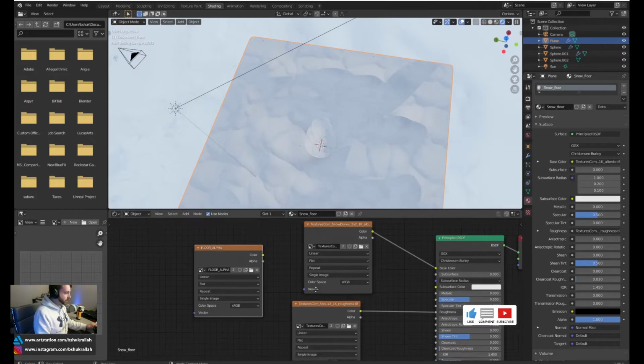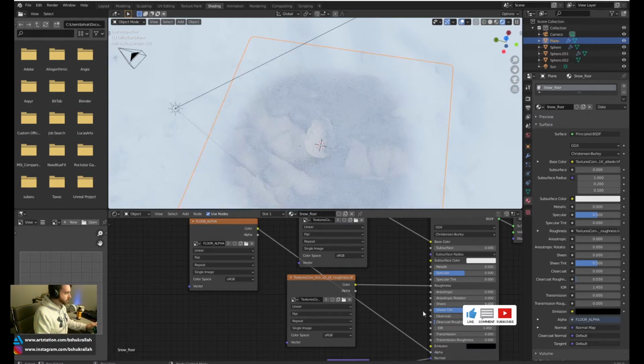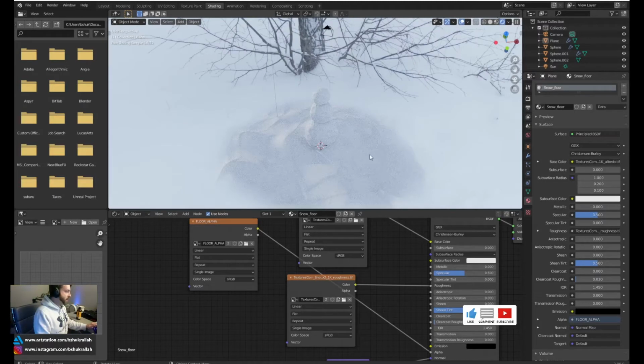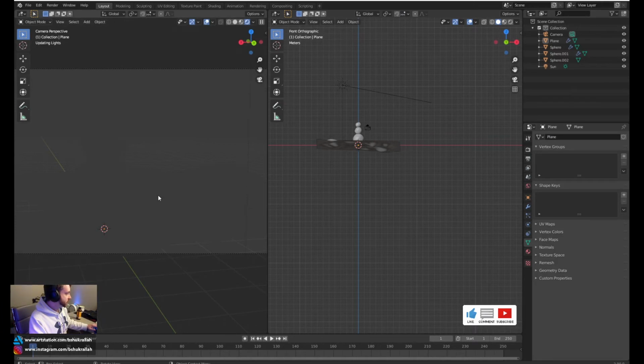Alright, so we have our floor alpha texture loaded. Let's go ahead and drag color to alpha. Now if you notice, the edges of this mesh have faded away. It's literally using the alpha map to control the transparency of this model. Let's go back to texture paint. So the white part is fully visible while the black part is transparent, and then the in-between part here is faded. As we can see, when we go back to the layout,